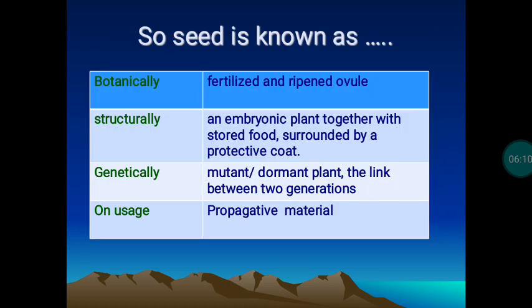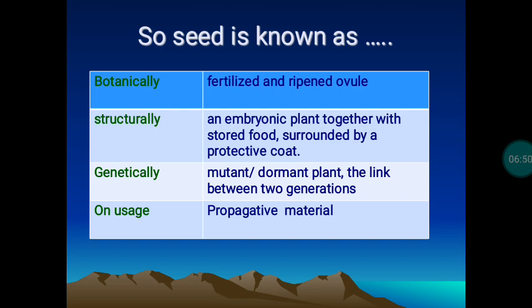So with that we can see some of the definitions given by the various biological fields. In that, the first definition is given by the botanist. Actually, this is given by the structural biologist. First we can discuss the structural biologist definition, then we can move to the botanist direction. So from the structural biologist point of view, seed is an embryonic plant together with stored food surrounded by the protective